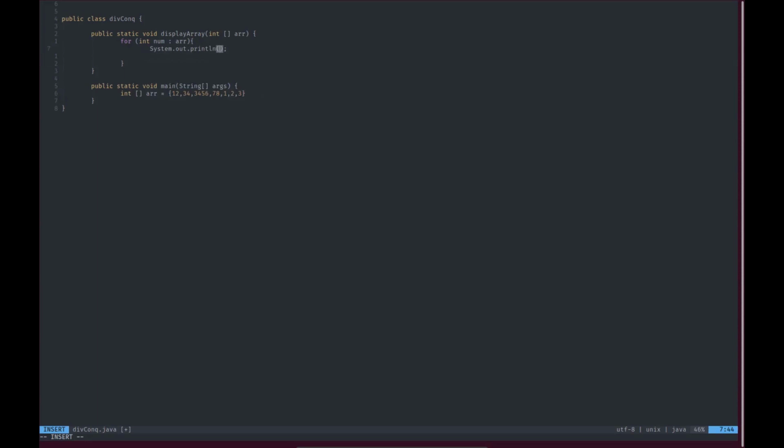So, what I can say is num plus a blank space, so there is a space in between. Clear? And let me go to normal mode, delete this. Okay, this is our function which will display our array. Okay, let's go to the fourth line, for, enter. Okay, let's go to the last one and let's add here